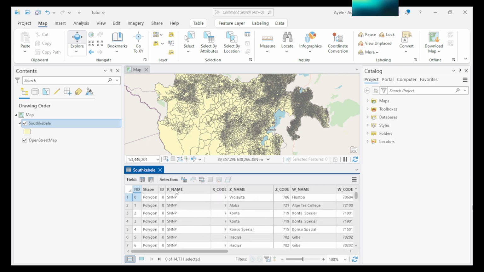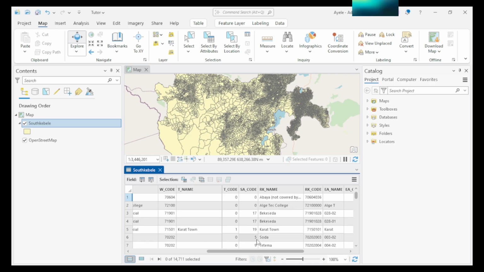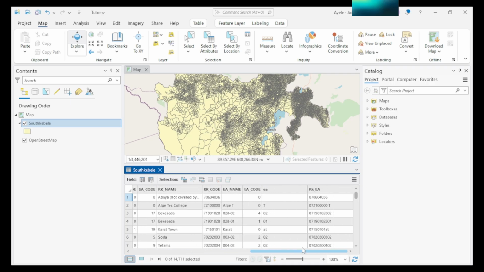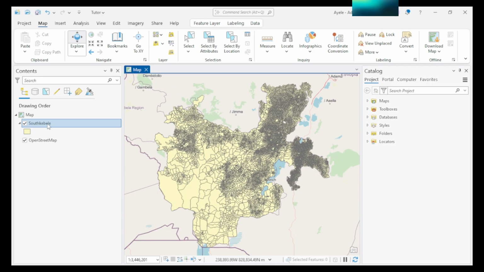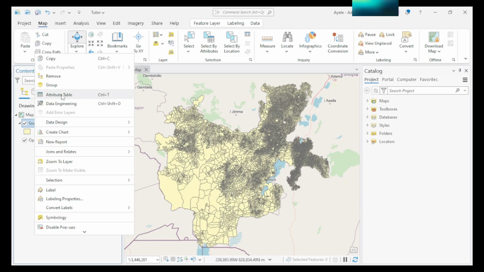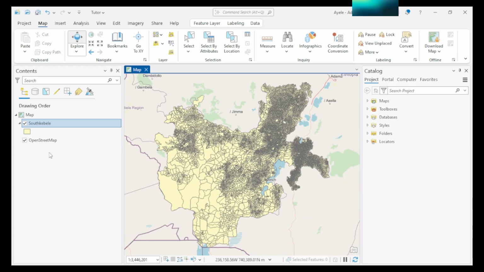So you can check here region name and region code, zone name, Woreda name, and here Kabale names are given for this specific layer. So you can close like this one here. Let me repeat, open attribute, and you can close this way.